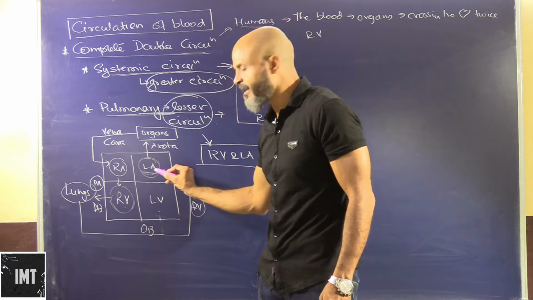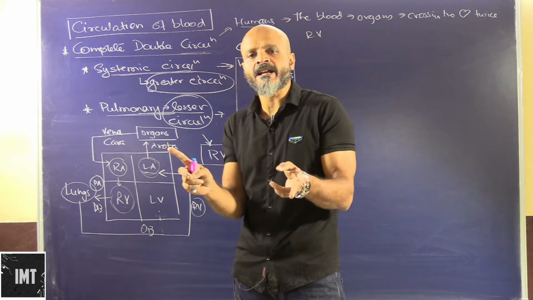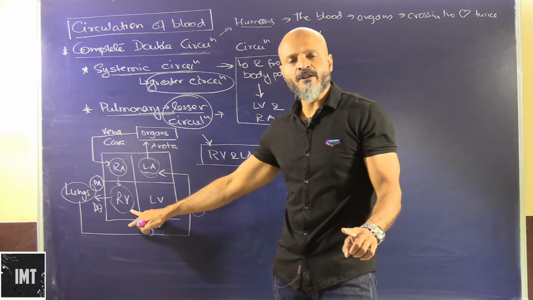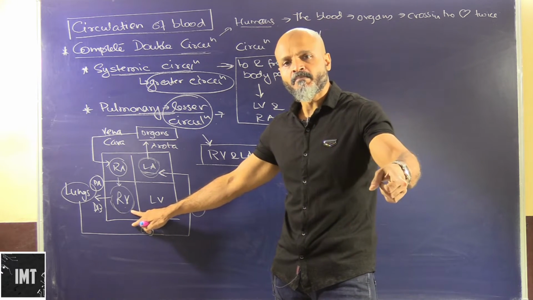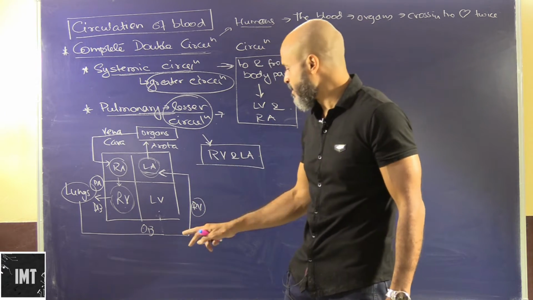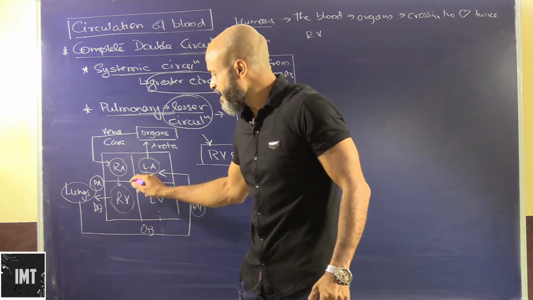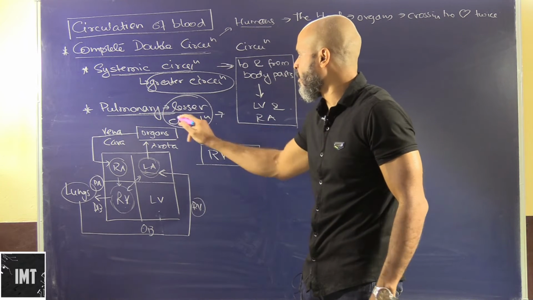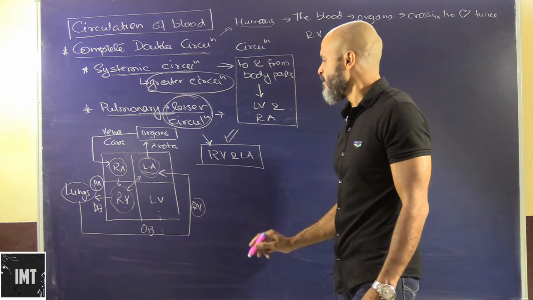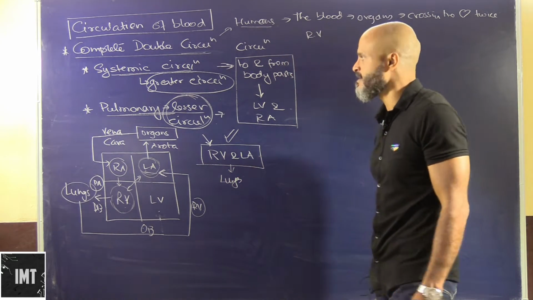So this entire right ventricle and left auricle are only connected to the lungs. Their function or their interaction is with the lungs. They are not interacting with the body parts or organ tissues. Okay, the right ventricle receiving the deoxygenated blood pumps it into the lungs. The lungs convert the blood into oxygenated blood and pump it back to the left auricle. So they are in direct contact only with the lungs, and hence we'll call this pulmonary circulation or lesser circulation, which happens between the right ventricle and left auricle and between the lungs.